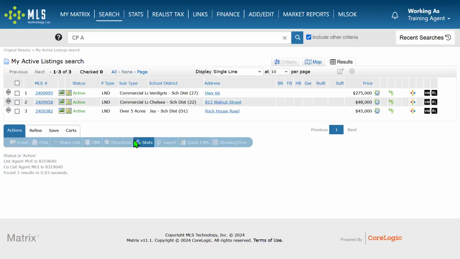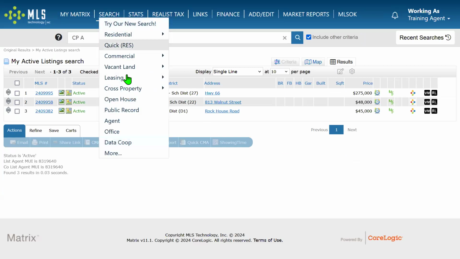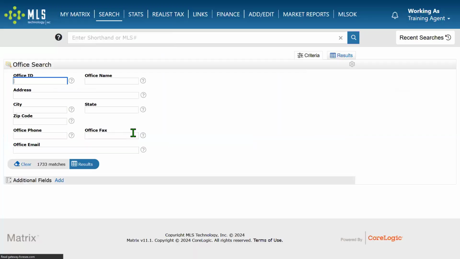So if you had somebody that had contacted you and maybe you forgot to write down what the address was, or they didn't give you the MLS number, whatever the case may be, if you remember who it was that you spoke to, you can at least find them in the system and then track down that listing if you were trying to find out more about it. I really appreciate that. I kind of wish that that was the case for a lot of other systems as well. But beyond that, if you at least remember what office they were a part of,